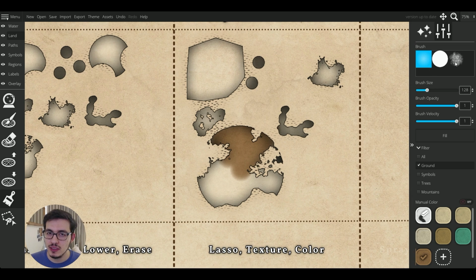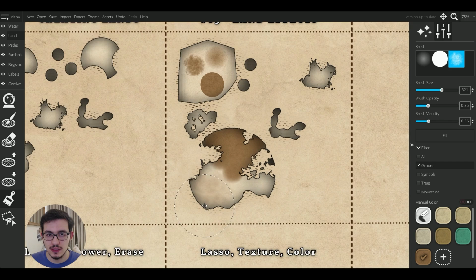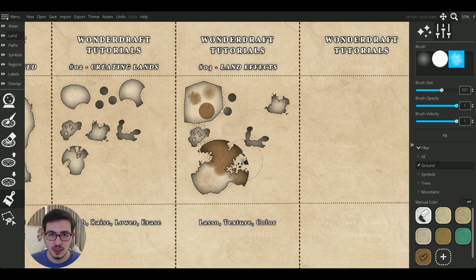Here on the top part, you have these different brushes. This one is like that. This one is a bit cloudy, foggy, and this one is purely solid color. You can adjust the brush size here, opacity, and velocity here. So for example, if I reduce this all the way down and click with this one, you see now it is not filling it at once. If I raise all of these and click, now as you can see, it will immediately apply lots of color to that area. So these are the tools that I want to show you in this episode.